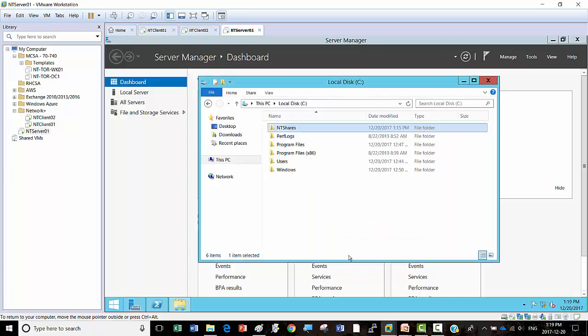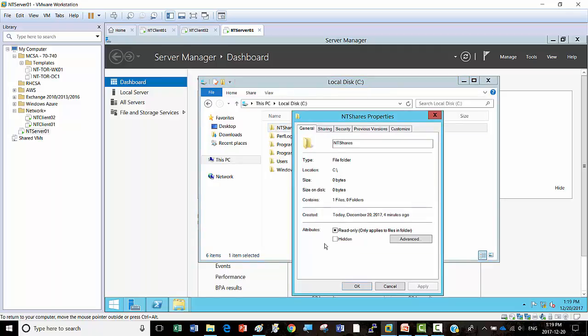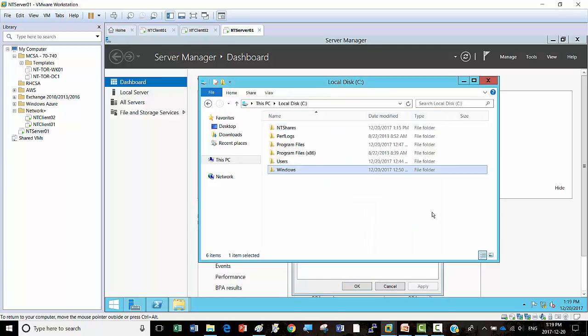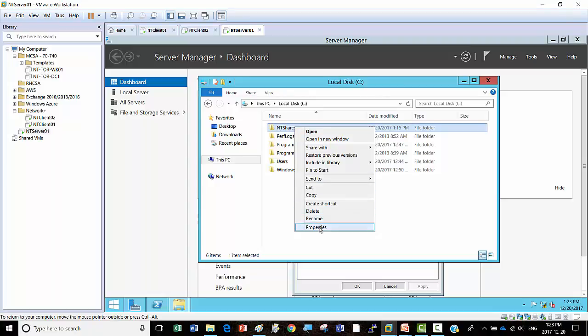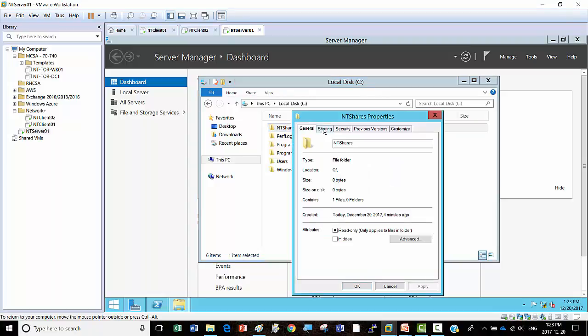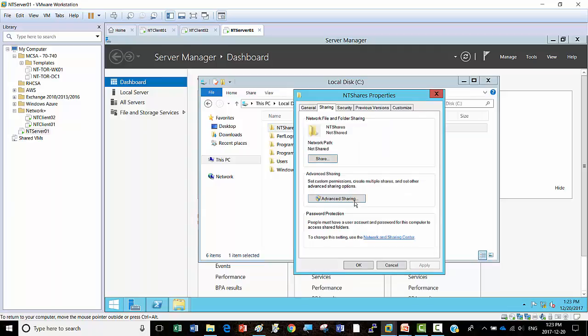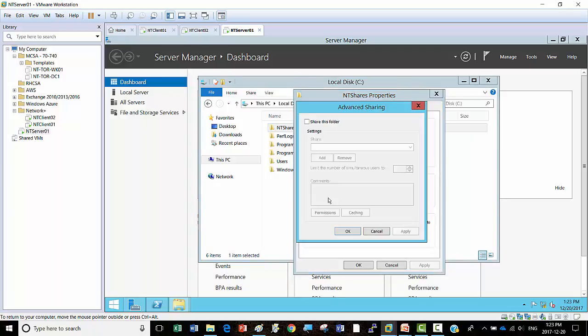Close this one, try again, just right click NT shares folder. Oh, so I did something wrong. Click on properties, and now sharing will be there. Did you get it? So guys, NT shares: just right click, properties, click on the sharing tab, then advanced sharing, and then check this box